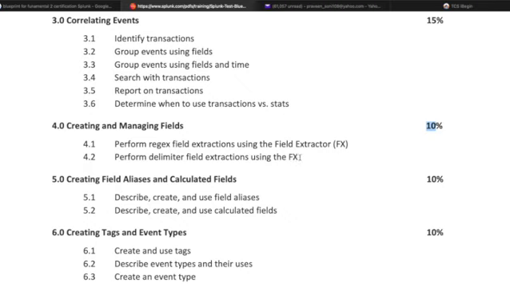You can do field extraction by the default functionality of Splunk. Also, you can write your own regex. So we can cover that in the advanced topic of Splunk. But in this specific topic, you are going to be evaluated on the basis